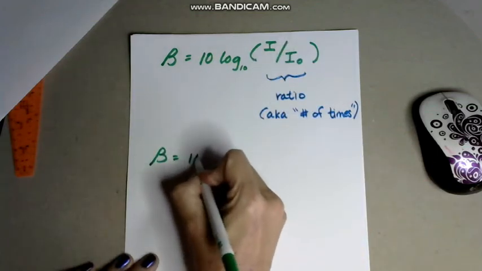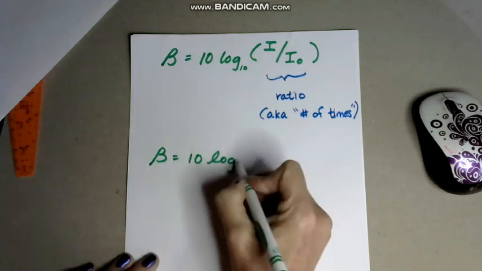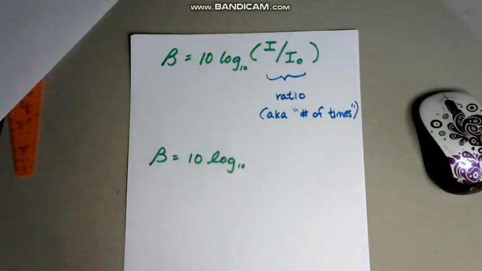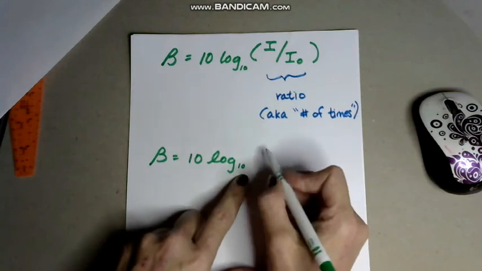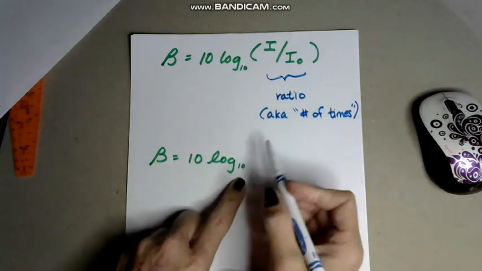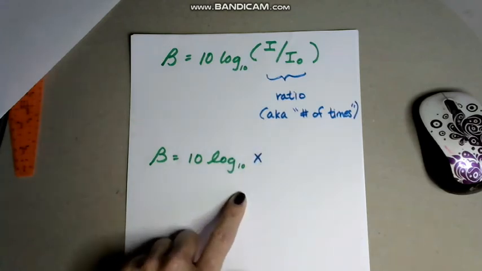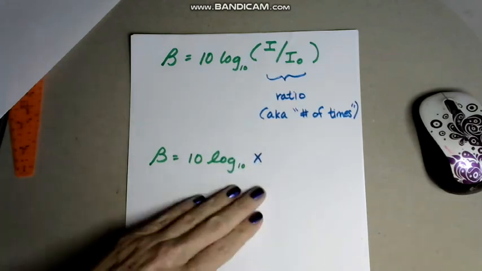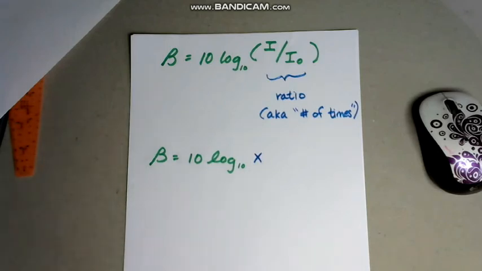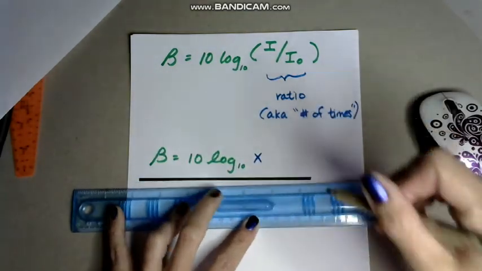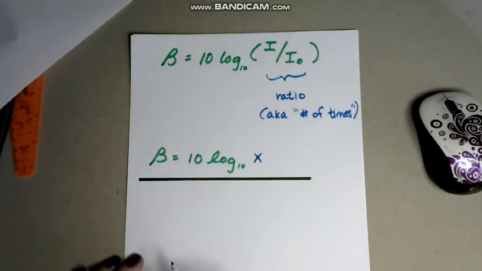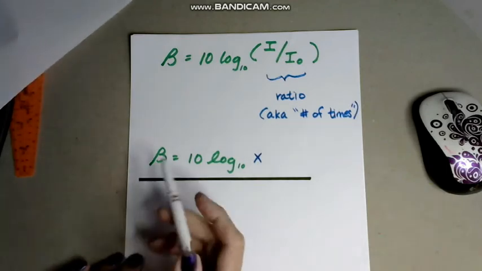So I'm going to rewrite this as 10 log. Okay, I'm going to write that little 10 under there. That's the understood 10. Right, but that's what log means. It's log base 10 typically. So I'm going to call this x because that's what we're looking for. Now I'm going to take this one step further and I'm going to rewrite it like this, something that we've looked at before in algebra. So I'm going to write it in this form, which is just 10 log